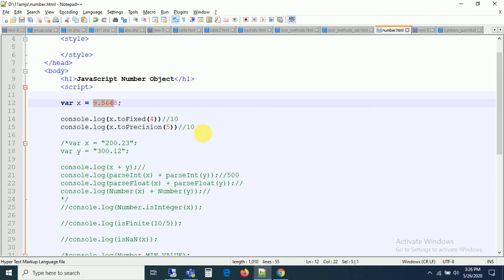This is what toPrecision and toFixed do. Right, guys, these are all the methods we have in the Number object, to manipulate numbers and to convert a number into a string. Whatever value you input in a text box is going to be a string, and we convert that into a number by using the parseInt and parseFloat methods. And we have also seen some constants in this session.